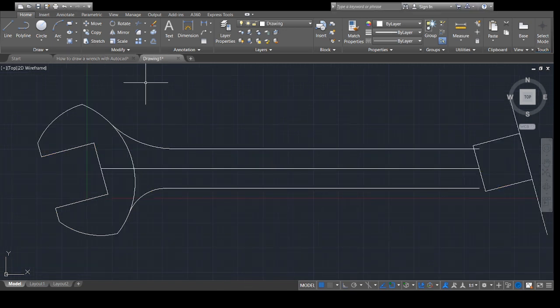So select fillet, radius 16, enter, select first object and then the other object. Press enter, the command will be repeated, radius 16, enter, and select that and that. So we are almost there, but the last